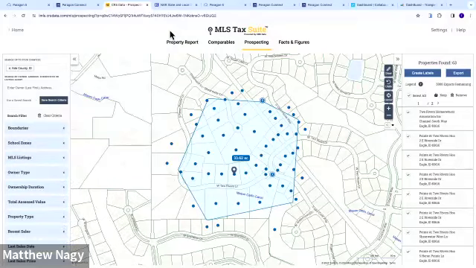Let me close out of this. I think I'm out of every MLS. If I go to my bookmark, my triangle MLS, which is my.trianglemls.com, which is what I'm supposed to do,